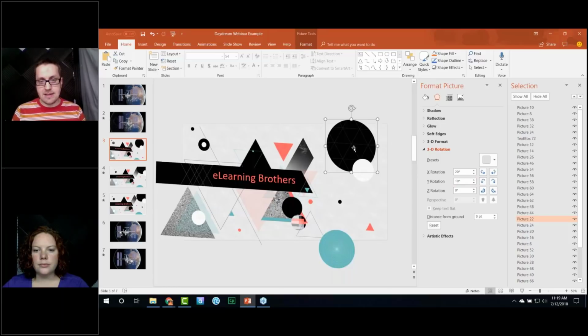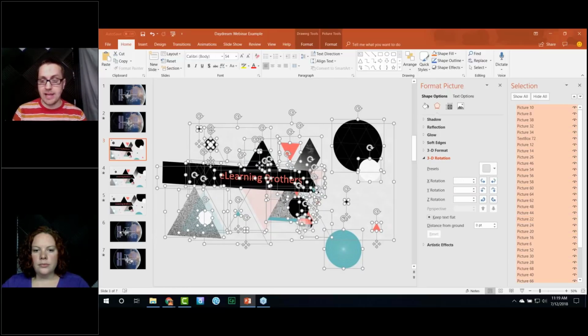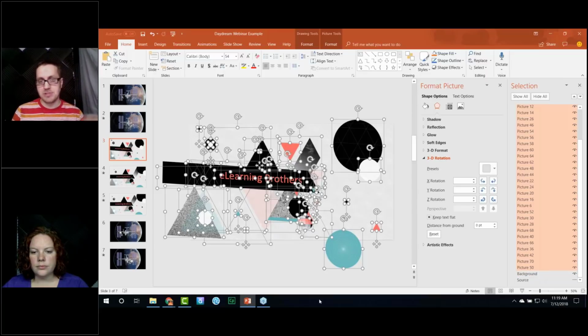From there, it's just as easy as you can select an object and then just Control A to select everything, and you'll see it in the selection pane, everything over here selected. You don't want to rotate everything like your background, so you can deselect those with just a simple control click. But now I have all of the other objects, and then I can just tell it I want it to be a 20 degree X and a 10 degree Y,